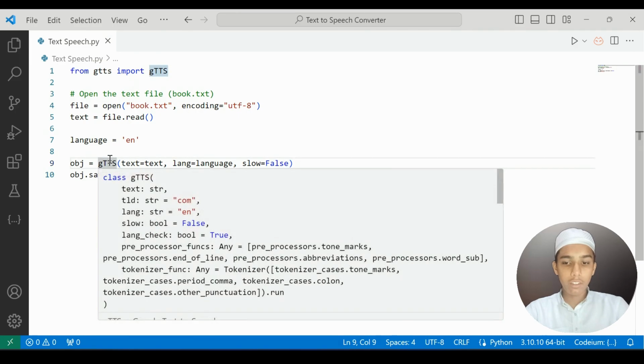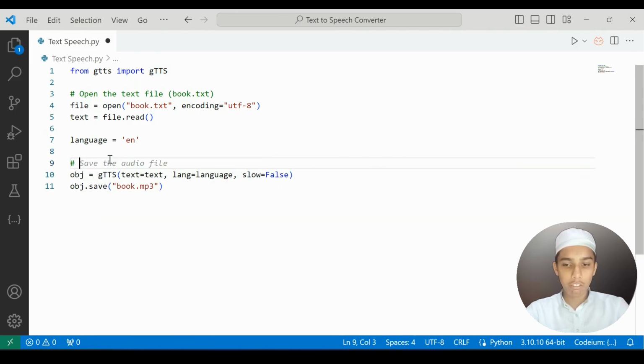Okay, now I'm going to give the comment here so that later on we don't get confused. So we are going to save the file. Before that, we are going to